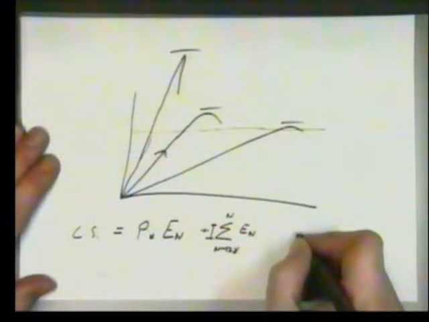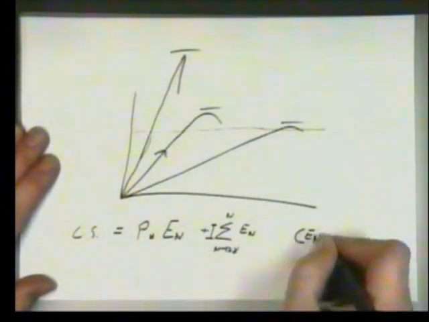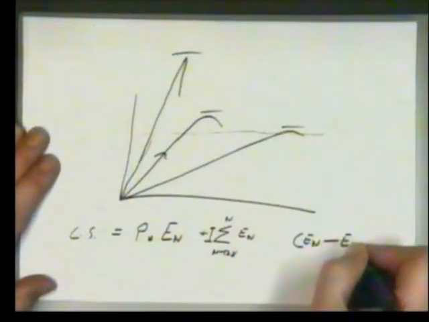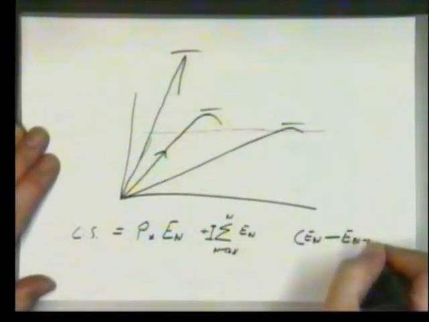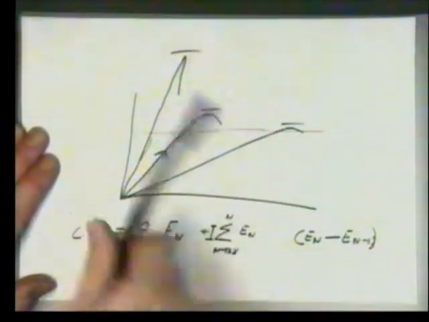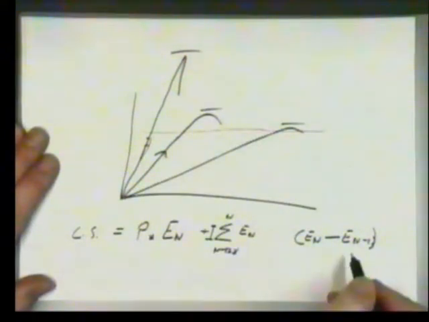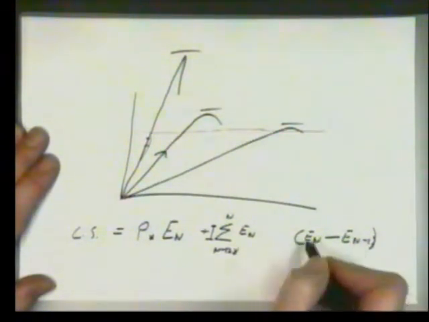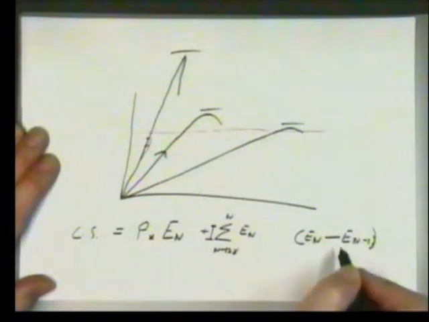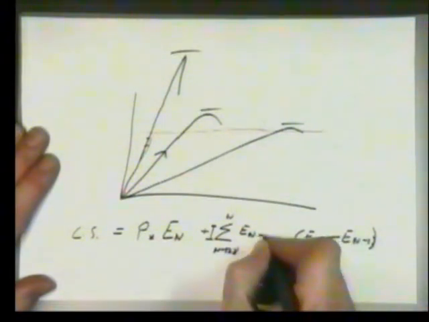Now how do you do that? If I take En minus the previous sample, that is a measure of how fast we're changing. So we're taking two samples in time, equally spaced, and if that is too large, what we want to do is to reduce